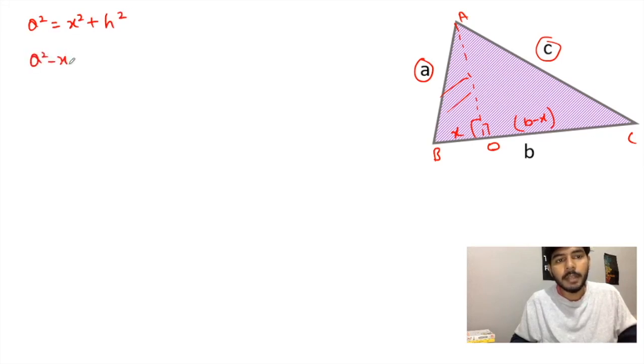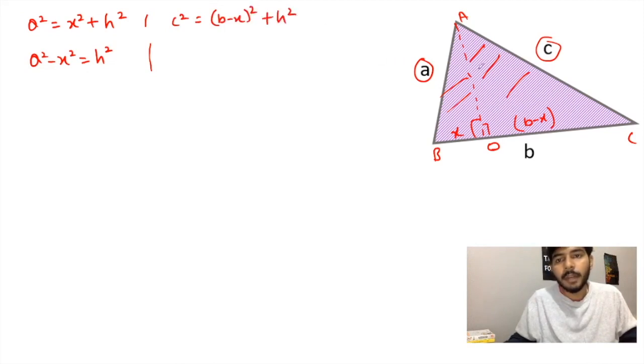A स्क्वायर माइनस x स्क्वायर इज इक्वल टू h स्क्वायर हो जाएगा। सिमिलरली अदर पार्ट ऑफ ट्रायंगल में अगर मैं सेम फॉर्मूला अप्लाई कर रहा हूँ, दैट मीन्स पाइथागोरस थ्योरम अप्लाई कर रहा हूँ, तो C स्क्वायर इज इक्वल टू (B माइनस x) का होल स्क्वायर प्लस h स्क्वायर हो जाएगा, क्योंकि हाइट दोनों के लिए सेम होगी। तो यहाँ पे C स्क्वायर माइनस (B माइनस x) का होल स्क्वायर निकल आएगा। तो यहाँ मैंने h स्क्वायर, सपोज ये फर्स्ट इक्वेशन हो गई,